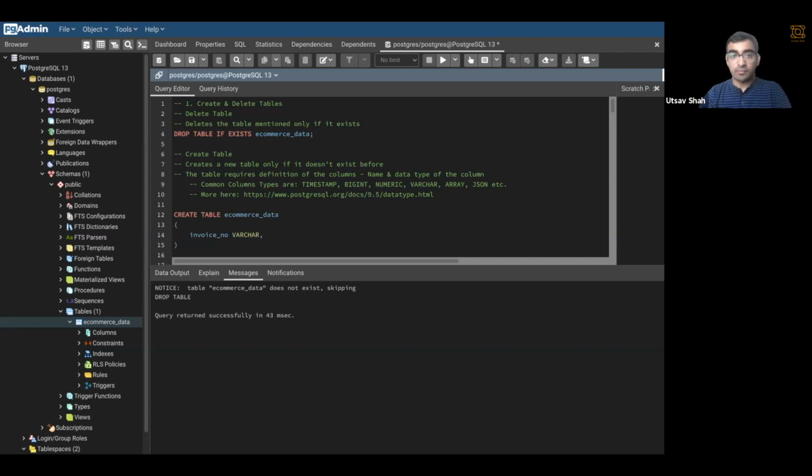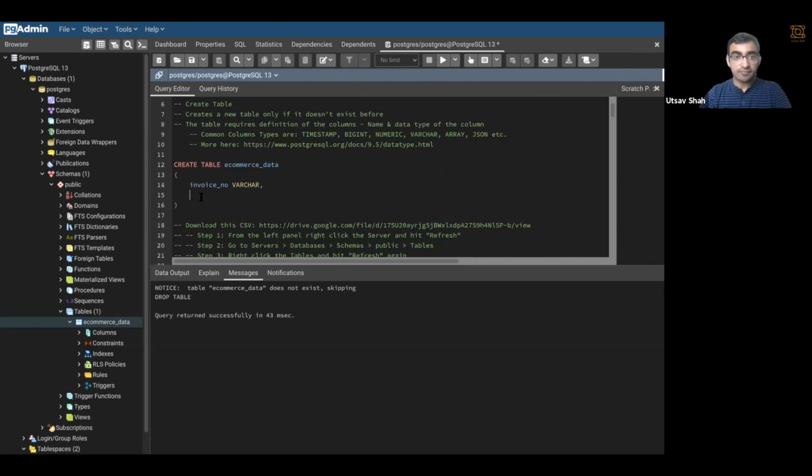There are more column types, which are timestamp, big int, numeric, variable character, array, or JSON. You can learn more about these column types on this link. Now let's create all the columns in our database. So we have the invoice number, we have the stock code, which is again a variable character. We have the description of the product, which is varchar. We have the quantity,